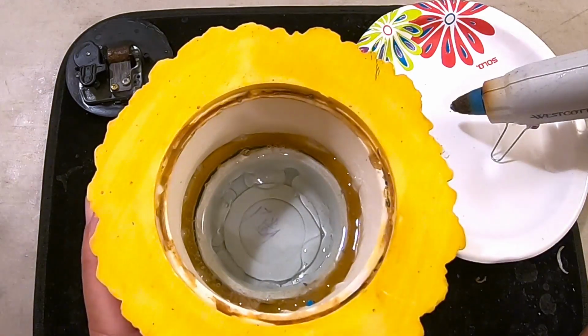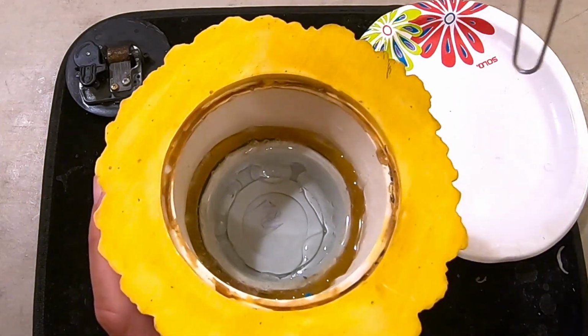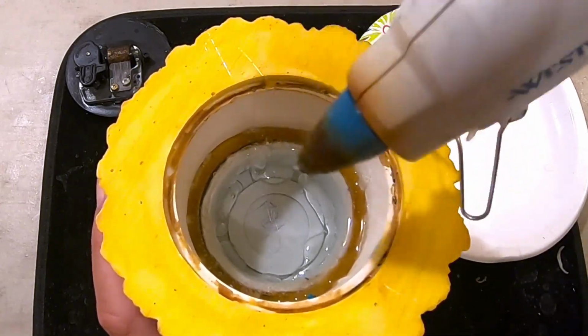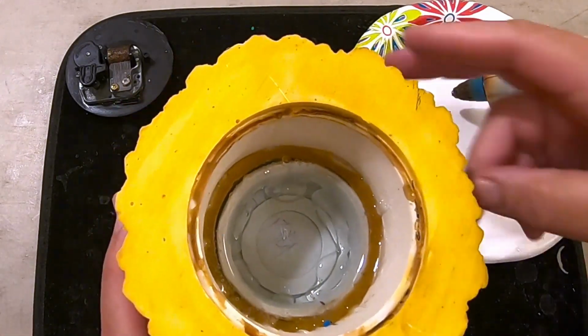Oh, it looks like you sealed it up there when you did the little twirl. I'm just going to go ahead and put a little dab of glue on here. See what the fancy twirl can do for y'all guys? Just to be safe, we'll go ahead and add that. Okay, so now,